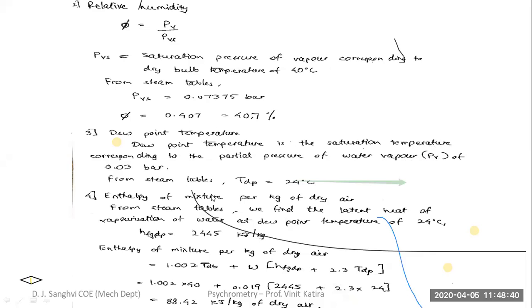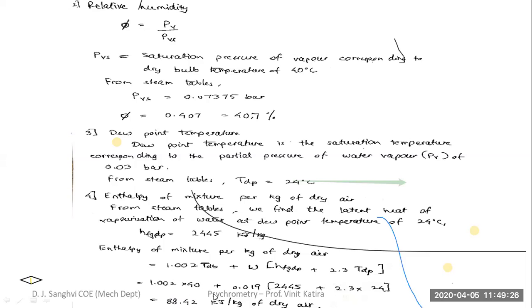Next is the enthalpy of the moist air. Here you will use the formula that we were discussing just 15 minutes back. In this case only, you will have to find hfg at the dew point, which you will get from the steam tables. That is the latent heat at the dew point temperature of 24 degrees. That value comes out to be around 2445 kilojoule per kg, and you can substitute the remaining values and you will get the enthalpy as